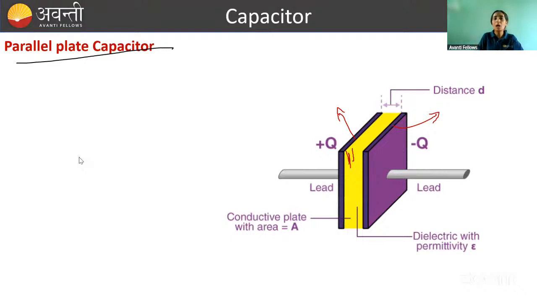ठीक है. Now how we will calculate capacitance of this parallel plate capacitor? So Q equal to हम जानते हैं CV. So somehow if we are able to calculate the potential difference, we will be able to calculate capacity. ठीक है. We will do it one by one. So इससे पहले मैं ये बता दूं, यहाँ पे जो भी हम कैपेसिटर पढ़ेंगे ना, and whatever parallel plates we are taking, those plates are assumed to be of larger size, so that we can use the formula of electric field because of planar seat,